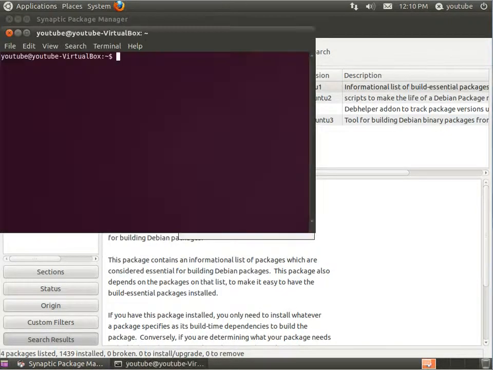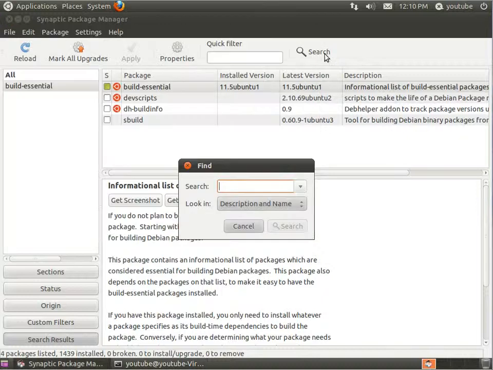And then the other thing we need to do is go to Applications, Accessories, Terminal, and what we're going to type here is uname -r. What this is going to do is tell you which version of the Linux kernel is actually running, which we'll need in the next step when we install the Linux header files, which will be specific to that version displayed there. So we're going to search for Linux headers,